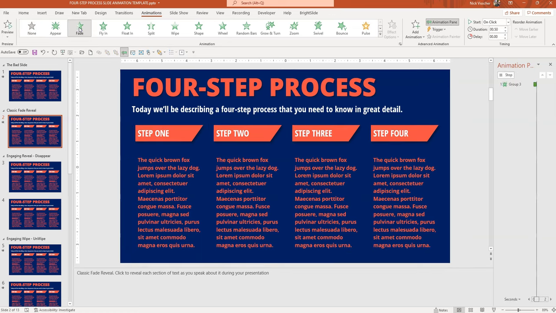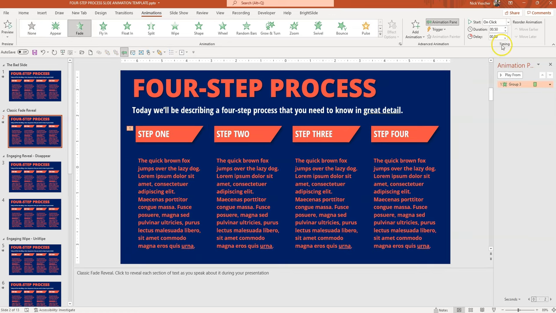and then I'm going to click on fade because I want it to fade in. And you can see over here on the timing menu that it says that it's going to start on mouse click, so I know that I want to click in order to start it, and then the duration is set to 0.5 seconds. I'm going to go ahead and set that to 0.25 seconds because I want it to be just a little shorter. Now I'm going to apply the exact same animation to the next 3 sections,